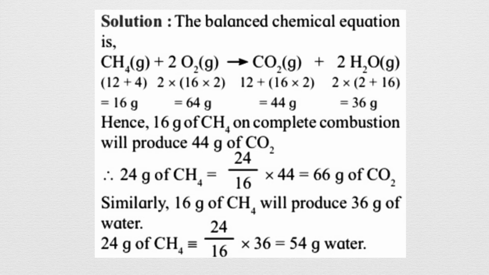So first, what is given? From the given, we are going to find out one compound, and a similar way will be followed for the second compound. My correlation should be: methane is given, I have to find carbon dioxide. So 16 grams gives 44 grams, then 24 grams will give me how much? That is the unitary method. You can just cross multiply and find out the answer. Therefore, 24 grams of methane will give me 24 into 44 upon 16, that is 66 grams of carbon dioxide.